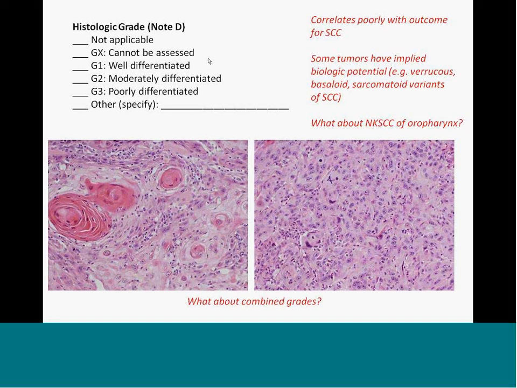And there are other tumors you really have to look at to recognize that they're squamous cell carcinomas. They're high-grade tumors, such as the one I've got here on the right-hand side, but it's difficult to see squamous differentiation, and you might have to resort to some immunohistochemistry to try to demonstrate that. And it's poorly differentiated. So what it means is that the bulk of cancers fall into the moderately differentiated category. Some tumors, of course, such as verrucous carcinoma, basaloid carcinoma, and the sarcomatoid variant of squamous cell, have some implied biological potential. Well, non-keratinizing squamous cell carcinoma of the oropharynx,